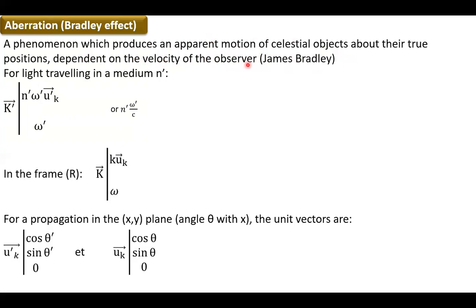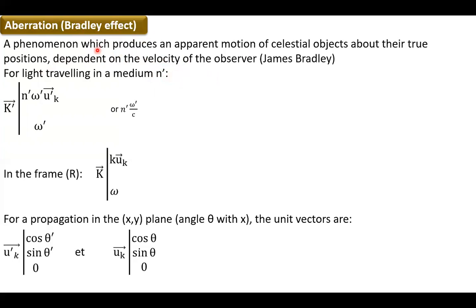So this was classically discovered by James Bradley some 300 years ago, and it is called an aberration. They used to call it the Bradley effect, but now the Bradley effect has some other meaning in statistics and voting statistics, nothing related to physics. So instead of calling it the Bradley effect, we now call it the aberration,